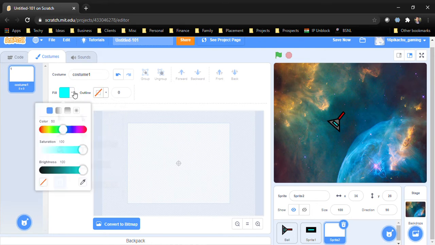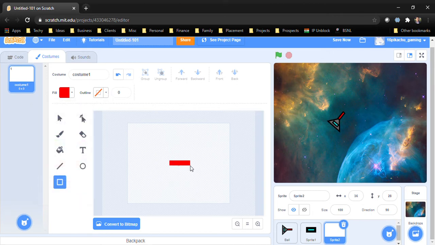The fill should be red and the outline should be 0. So now center it, draw 2 wings for it, center these 2 and then draw something like this.